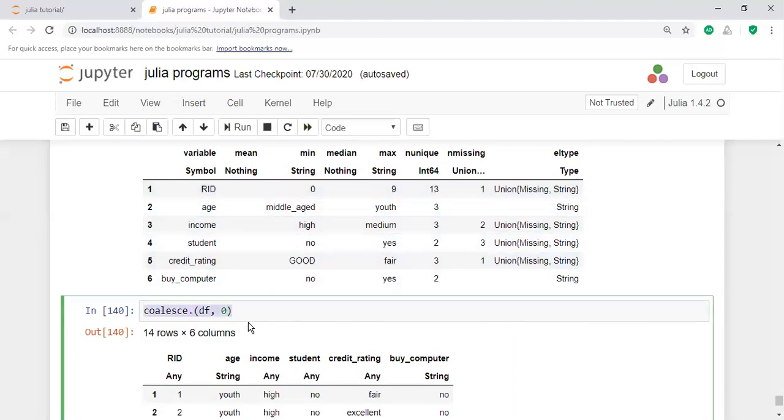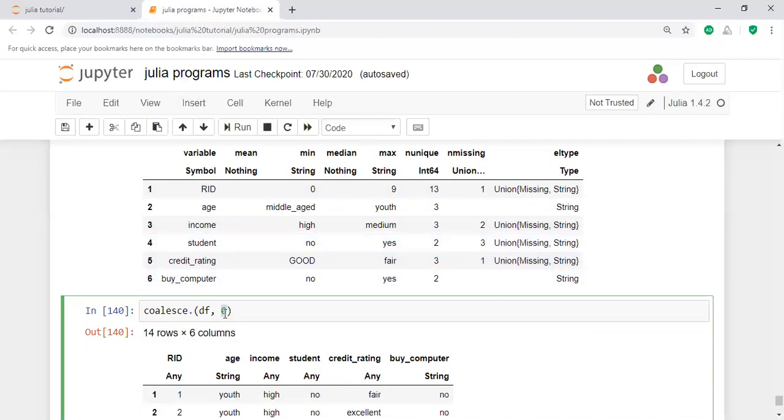That means you may replace with any value. Here, the coalesce function. In the database management system also, the coalesce function is there. If it is a null value, the particular null value is replaced with any value you give. Instead of null, I am taking 0: for RID I am taking 0, income I am taking 0, and student also 0.